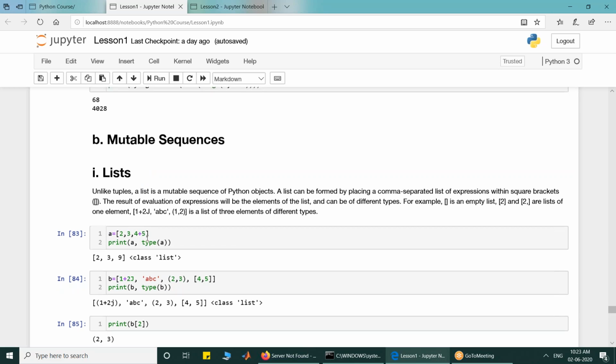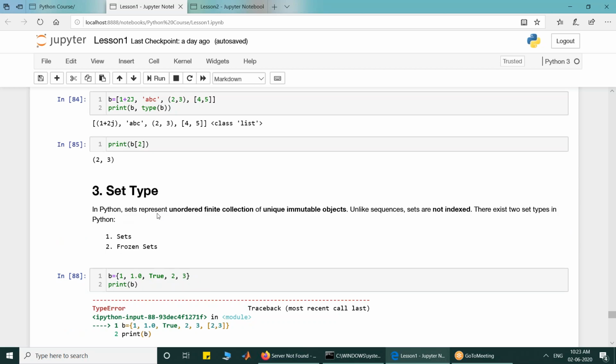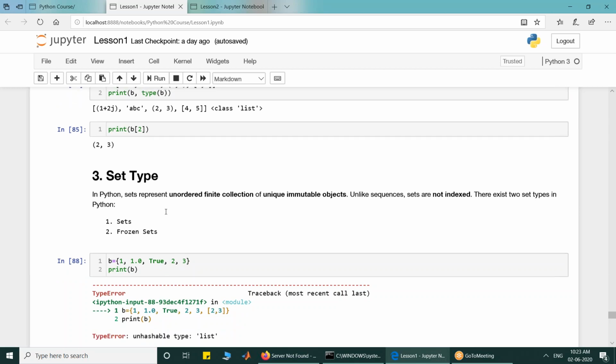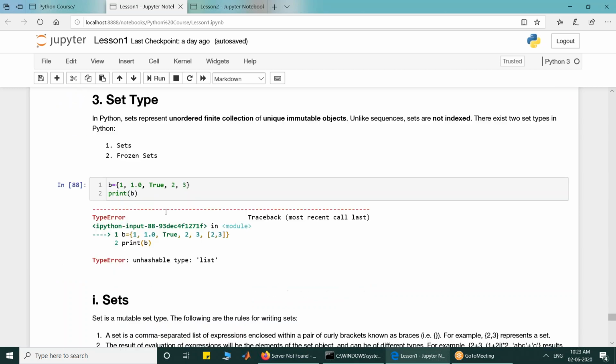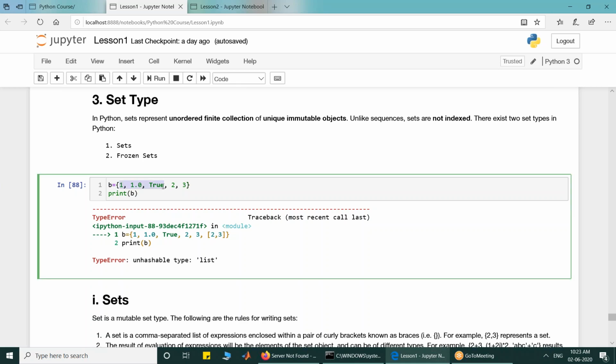Then we have discussed the set type, our third category, and we have discussed that a set is an unordered finite collection of unique immutable objects, and they are not indexed. Okay, and uniqueness is very important. So if you write b is equal to 1, 1.0 and True, all these values 1, 1.0 and True basically refer to the value 1.